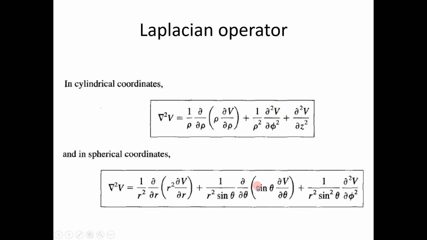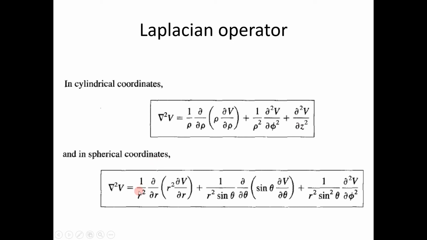And these are the equations for cylindrical and spherical coordinate system. You have to learn these equations. For applying Poisson's equation, you have to know the Laplacian operator for the three coordinates. So this is cylindrical coordinate. Del square V is equal to 1 by rho dou by dou rho of rho dou V by dou rho, plus 1 by rho square dou square V by dou phi square, plus Z term is simple, dou square V by dou Z square, no additional terms.